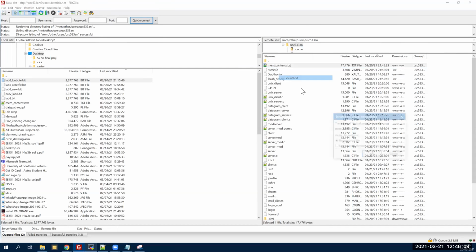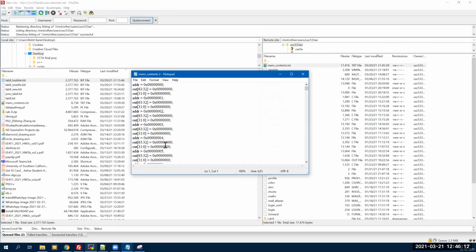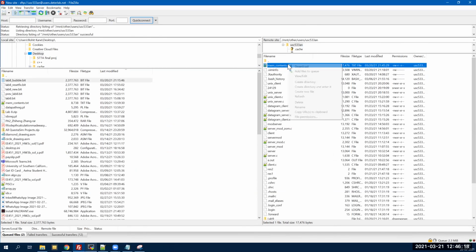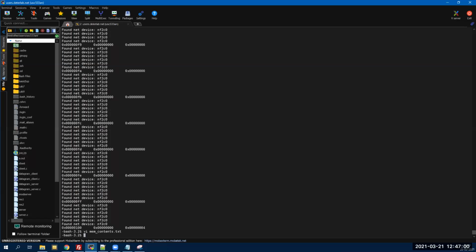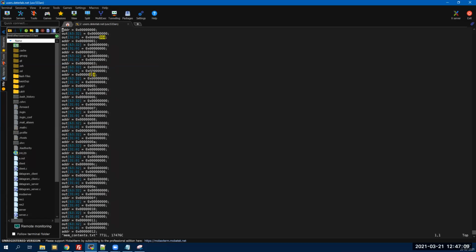This is the mem contents file that was generated. We open it and observe that, just like the simulated behavior, at address 4 we have the value 8 stored there. This confirms the working of our basic and small instruction set architecture.